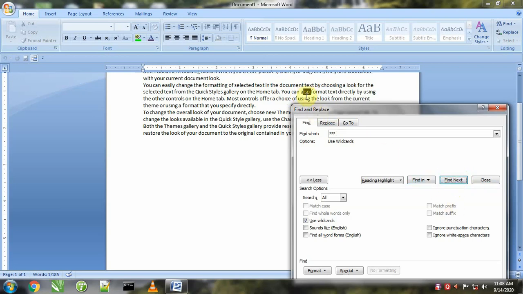Like "also", and "lso" contains 3 characters and after that is a space. Like "format", "mat" contains 3 characters and the fourth character is a space. So we can look for patterns like this also.